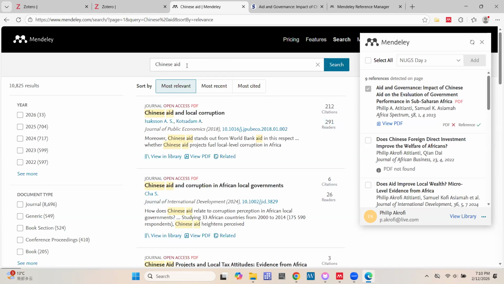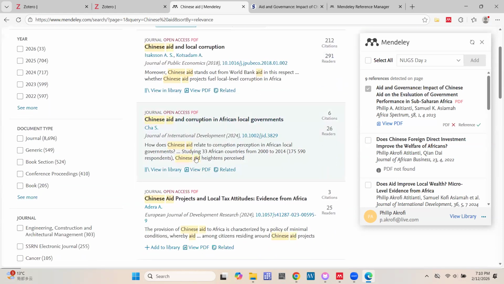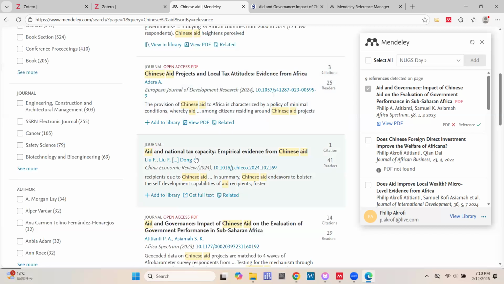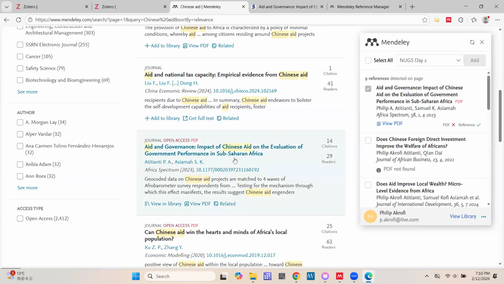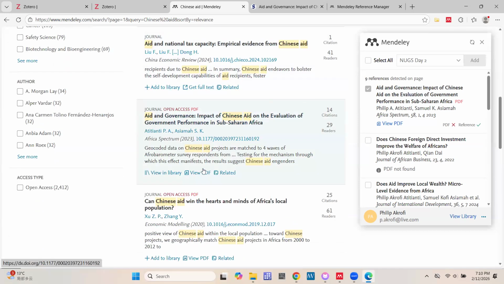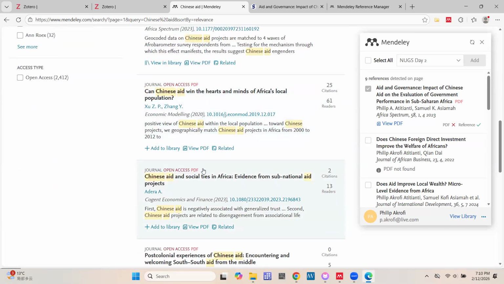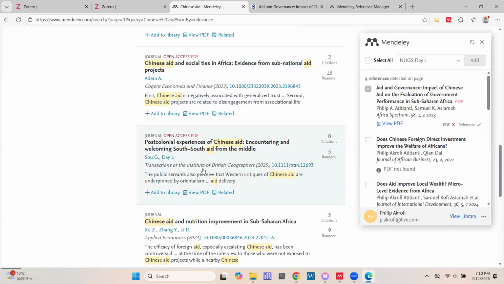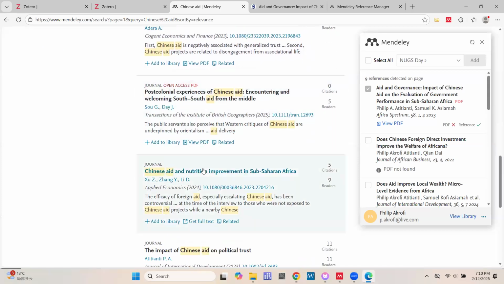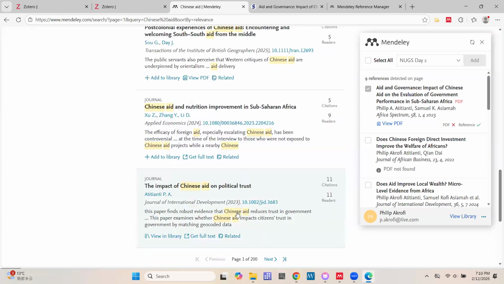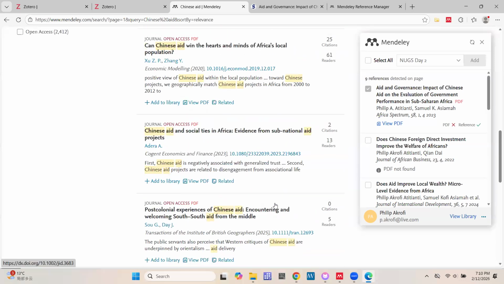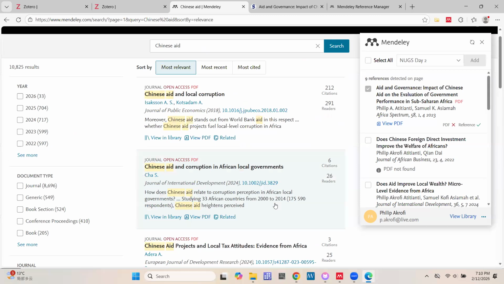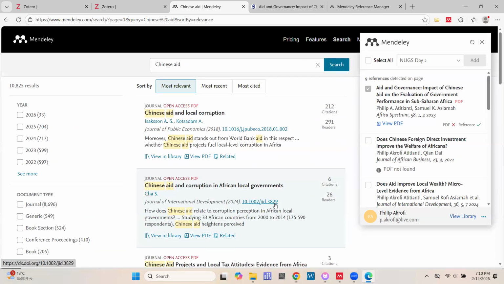For example, once I type Chinese A, it gives me all the related files that have the keyword Chinese A. You realize that here it still repeats one of those papers. But once you use the PMID or the DOI, it would bring back only the paper related to that DOI.